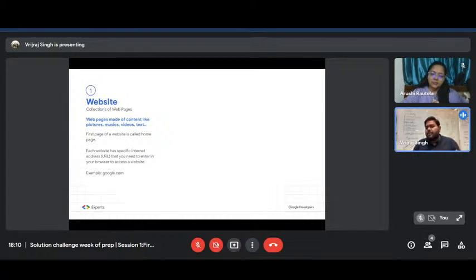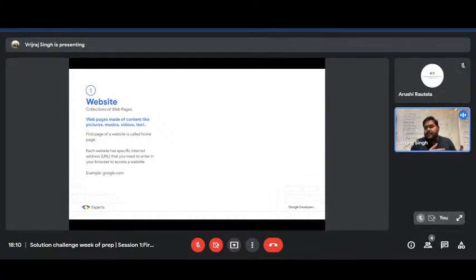Or if you want to make an interactive web page, let's say we have a div element and a button, and when we click on the button, we want to hide some div element or show some div element. You can perform this kind of interactive action with the help of JavaScript. And the second part is the browser.